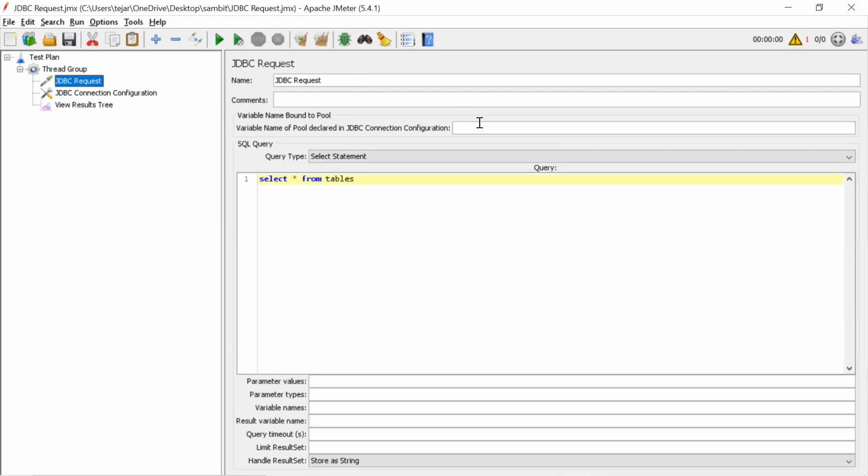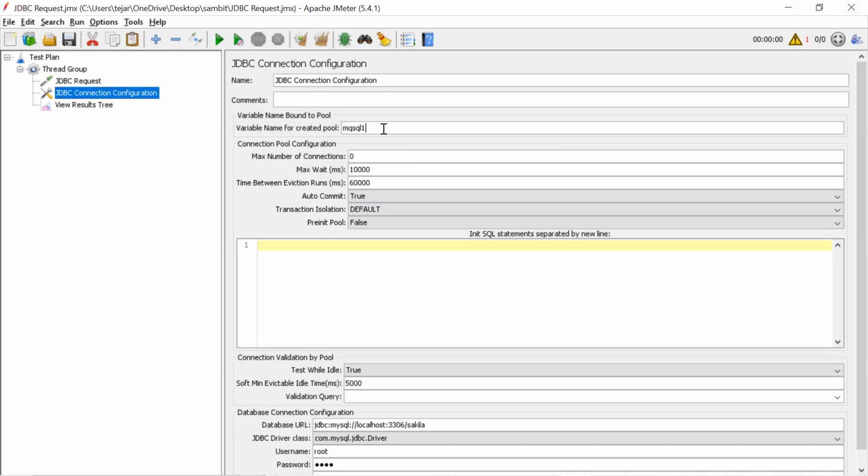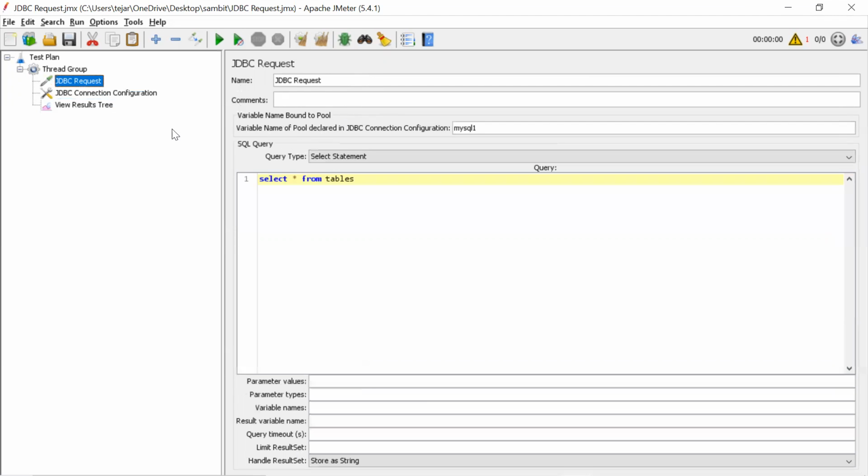Now if I give MySQL1 in the request, it will always go to that connection. So the first four things are the connection, class, username and password, and the variable name. Then you use this variable name wherever you use a JDBC request.